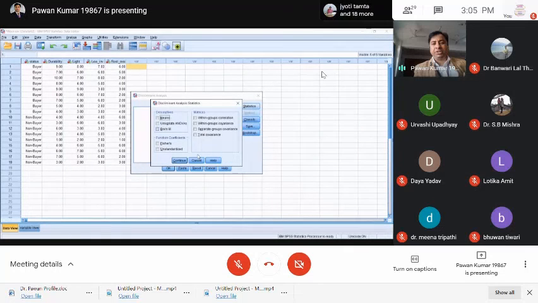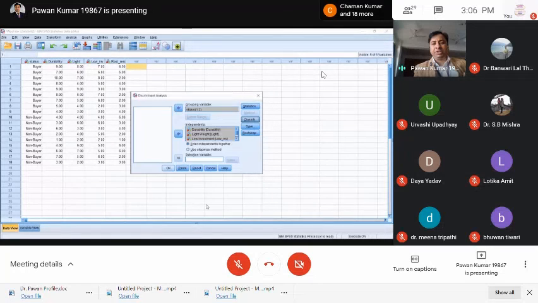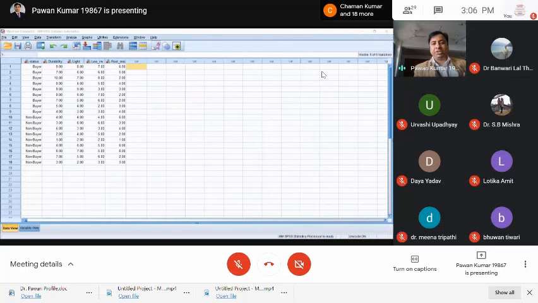If you don't want the univariate ANOVA, it is your wish, but we need the univariate ANOVA to see the correlation. In order to see the correlation, that is why I am taking the univariate ANOVA, as I mentioned to you in the slides also. Continue and then go to classify, all groups equal, and summary table. Click on continue and then okay.